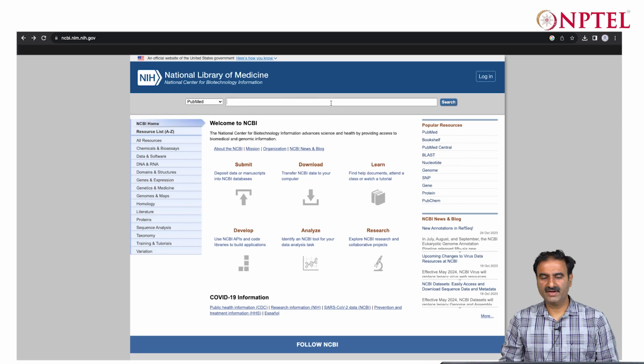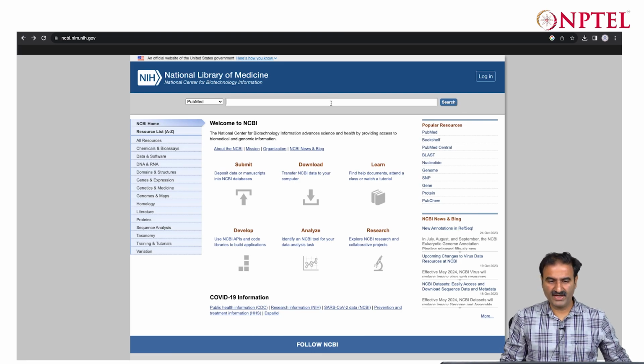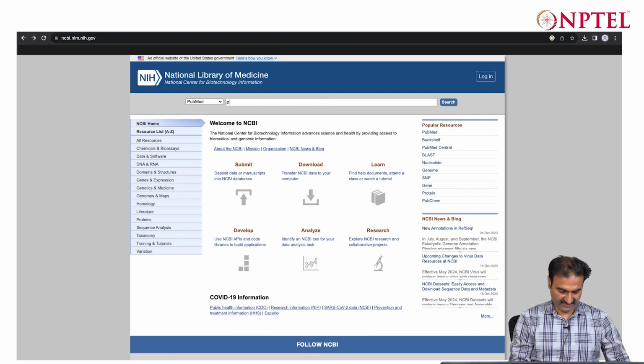PubMed is the database of all the journals which are indexed and available for users. So you can search what literature is available for a particular keyword or topic. Again, if I search for example protein kinase here,